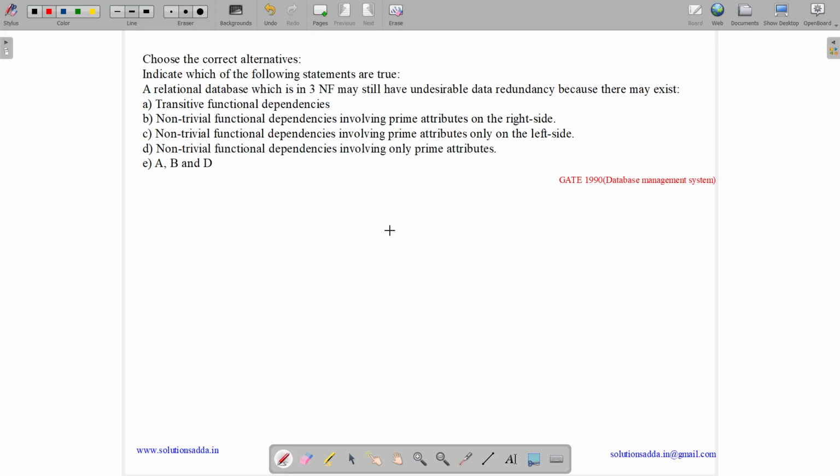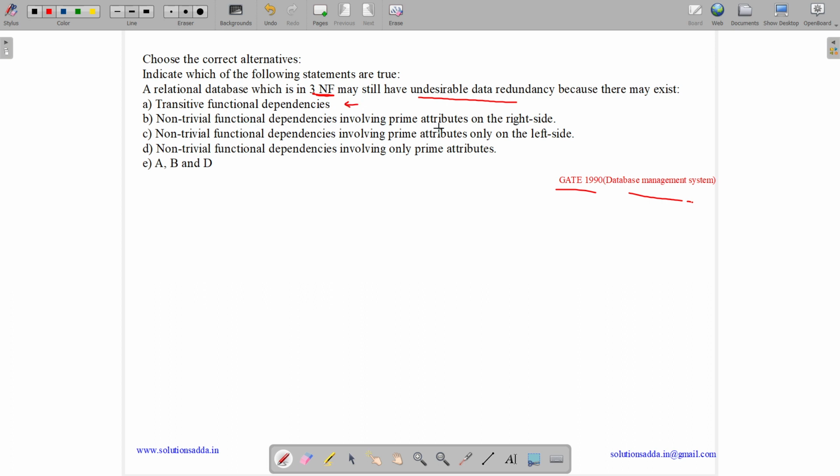This question belongs to database management system subject and was asked in GATE 1990. So the question states, choose the correct alternatives. Indicate which of the following statements are true. A relational database which is in 3NF may still have undesirable data redundancy because there may exist transitive functional dependencies,